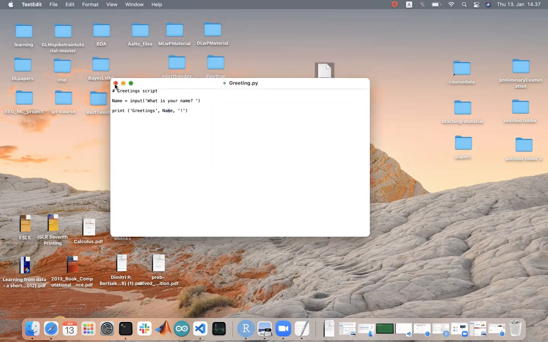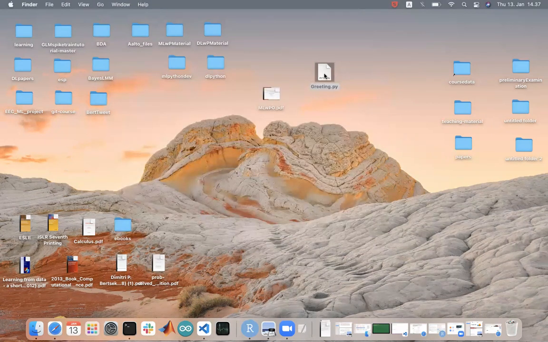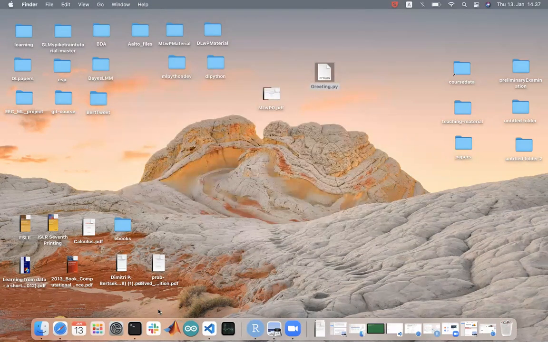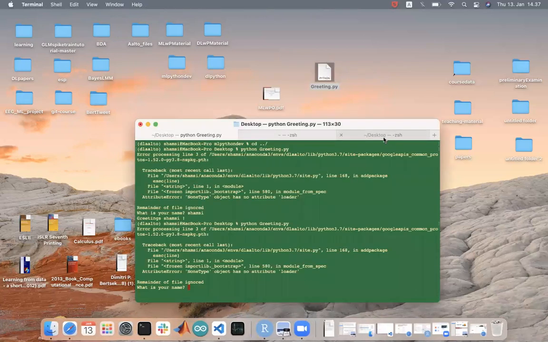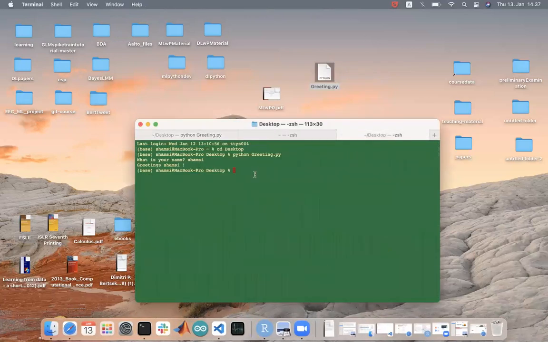So how can I use this plain file to run the code? I can use my terminal. I just type Python, because I've already set up Python on my computer, and then I go to my Python file.